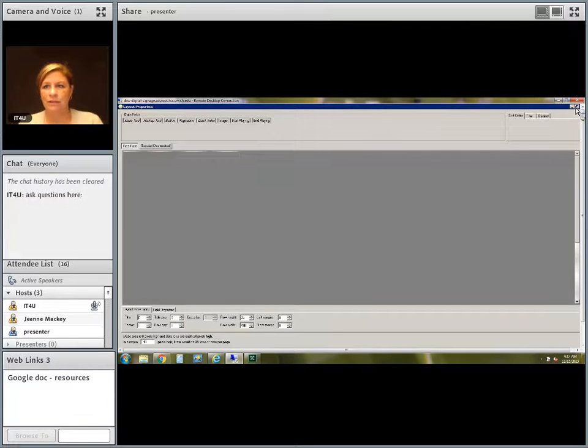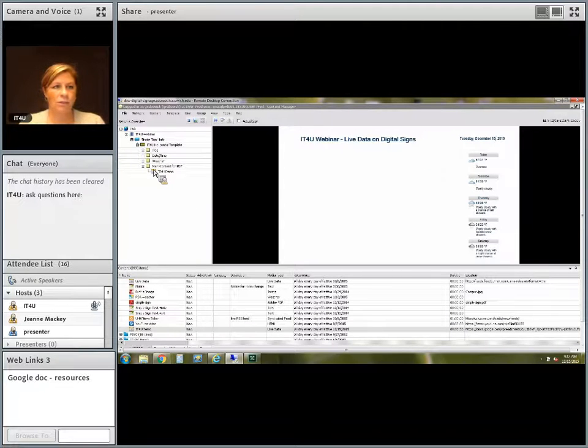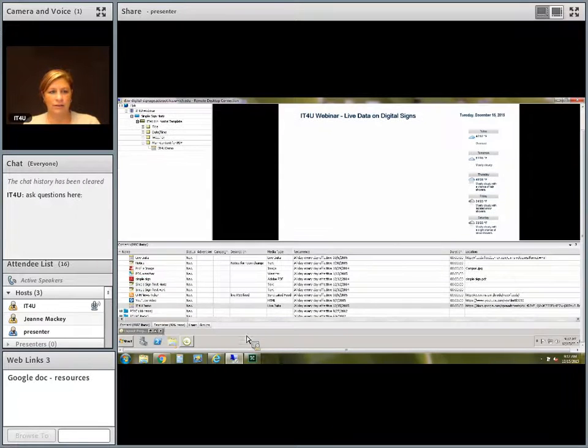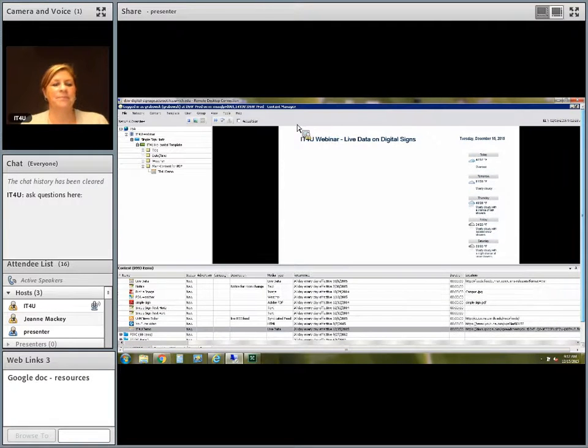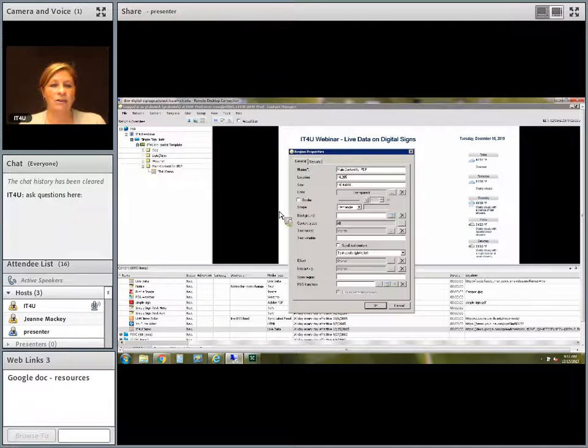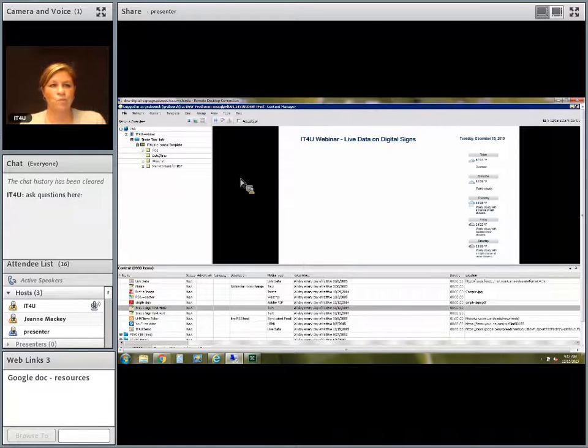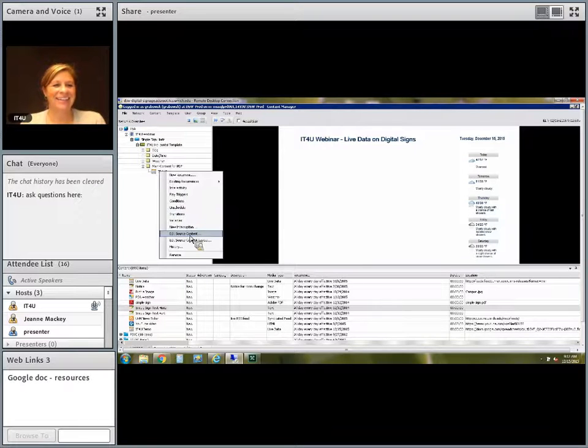Let me minimize this. If you right click on your actual region, whoops, I think it's cutting off my screen. Sorry about that. If I right click on my region and I go to edit source region, I can grab the size of my region, which in this case is 1484 by 848. That's this whole window. But that's this whole window here in the main part of my screen. I think I hosed it up for a second there. You're too quick for it.